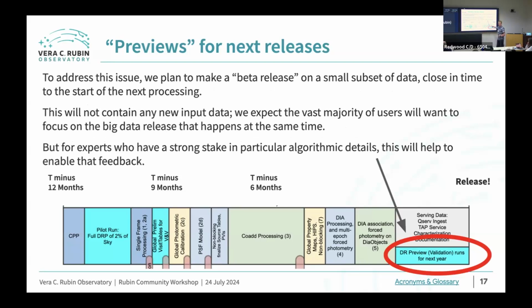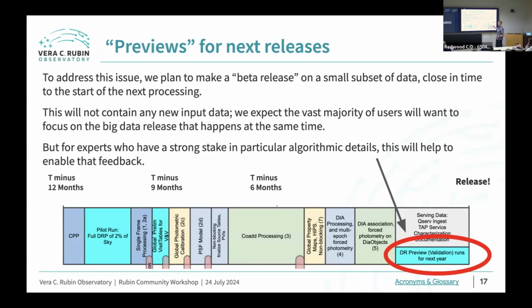That's time where we can use those cores to start doing a small production, very small. We'll say more about that in the next slide. That uses the latest and greatest code, and then we can make that little bit of data available for verifying that the version of the code that we're going to use for the next release meets your science needs.